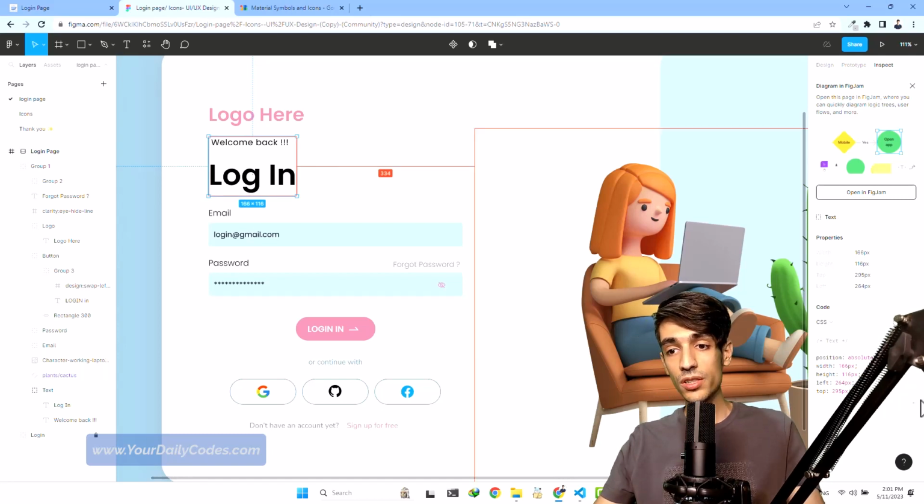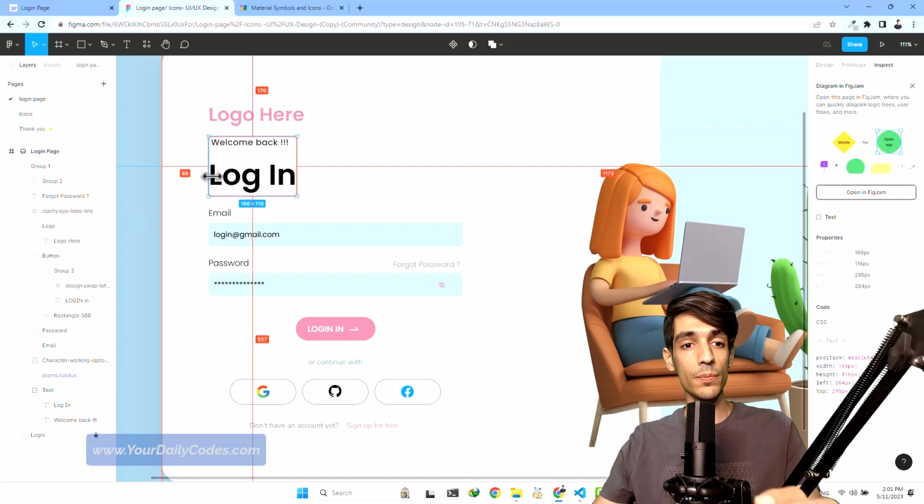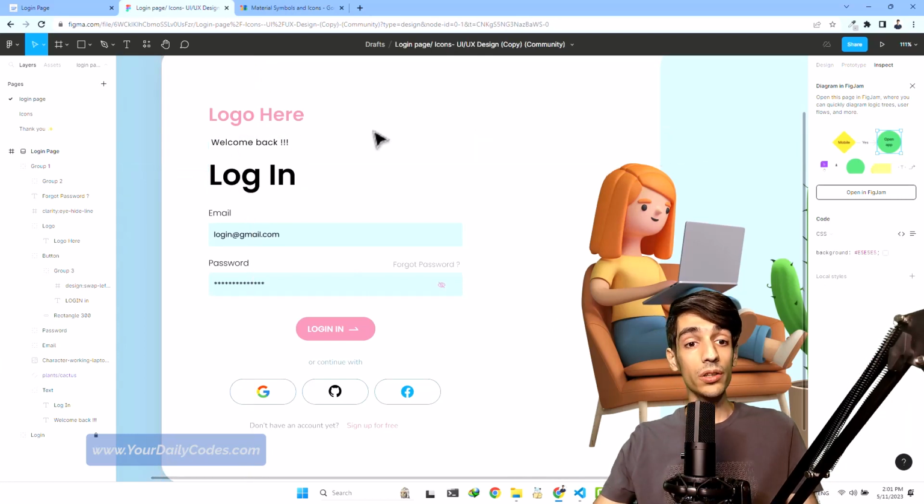They use this exact left and tops to position these login and welcome in their content. Well, that's a terrible and horrible idea because, well, we need to think about